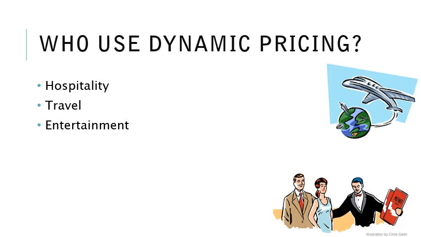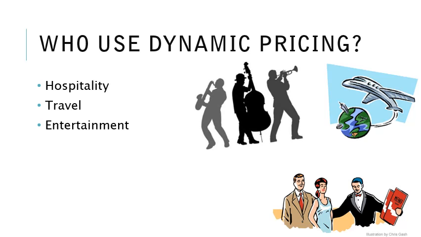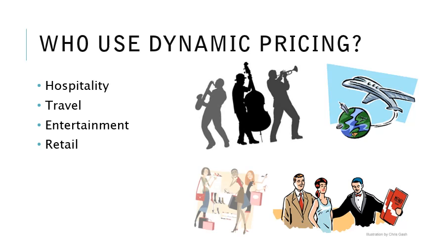In the entertainment industry, ticket retailers have much more flexibility with dynamic pricing because tickets for a game during inclement weather will sell better at a lower price. Conversely, when a team is on a winning streak, fans will be willing to pay more. Lastly, in the retail industry, retailers and online retailers in particular adjust the price of their products according to competitors, time, traffic, conversion rate, and sales goals. The aim of dynamic pricing is to increase revenue and profits.